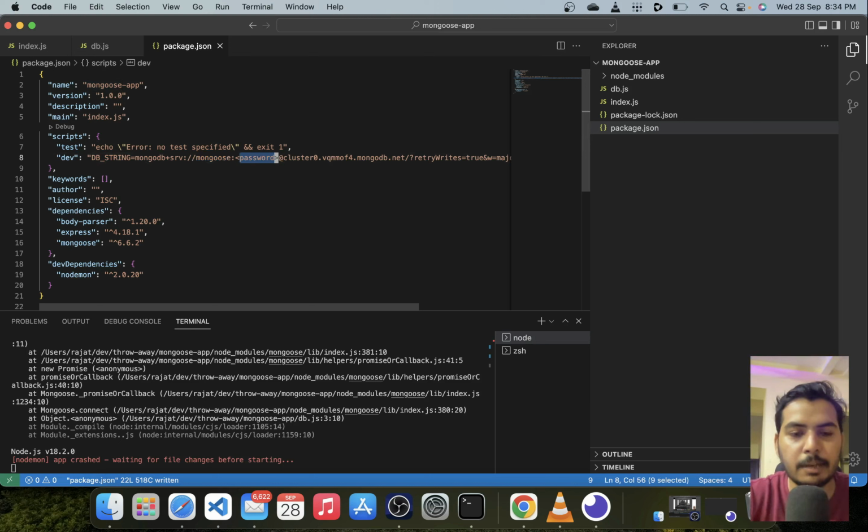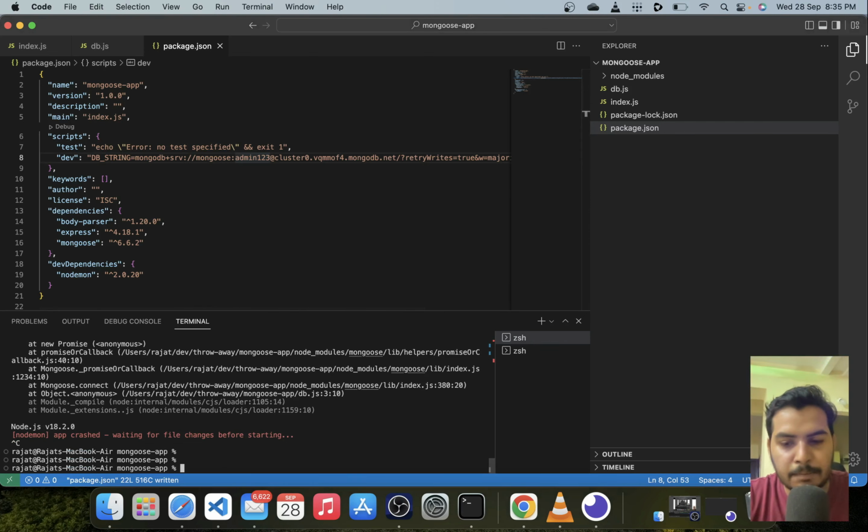I have created a password for myself. I remember that password, so I am simply going to plug it in. The password for this case is admin123. Just do not try to connect to this instance because it is not going to work. I am simply going to delete this instance right after recording this session. So please create your own, and then I can restart the application.